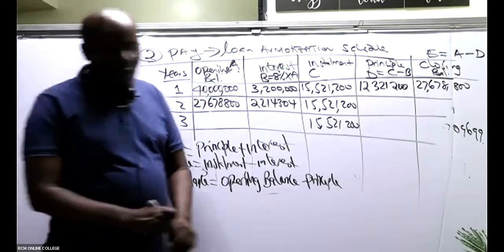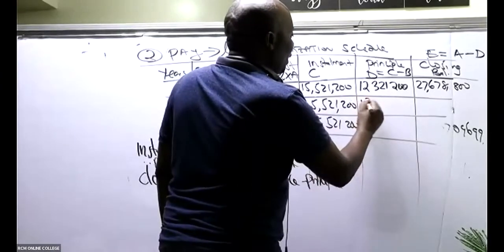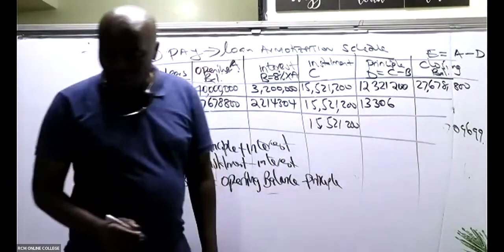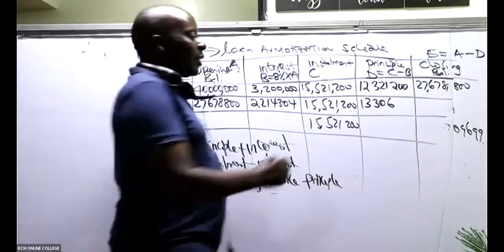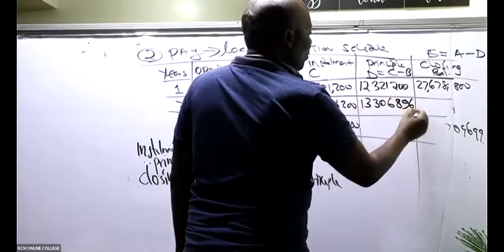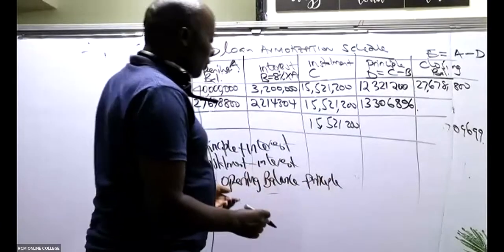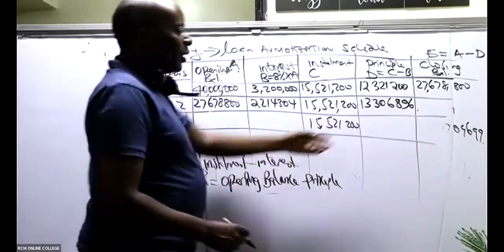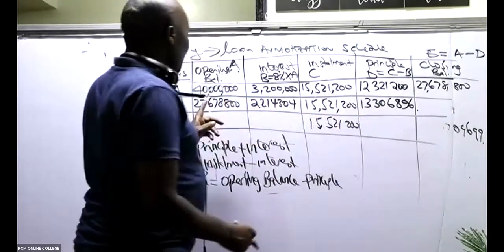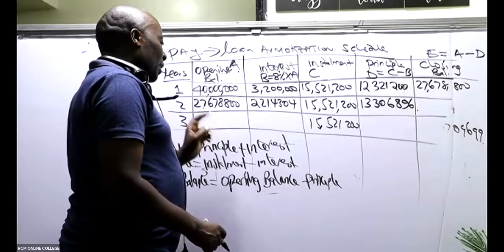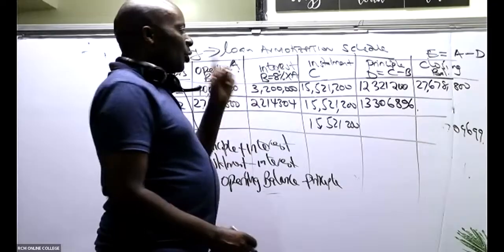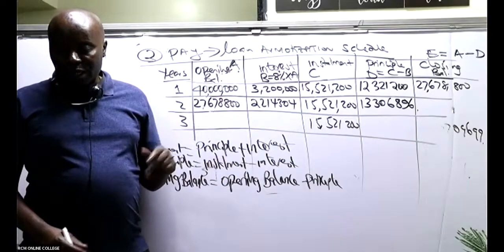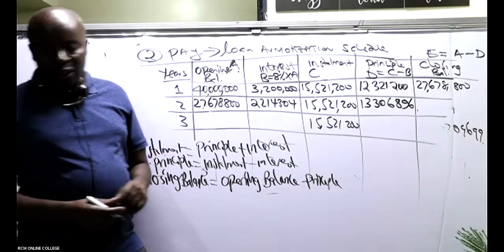So 13,306,896, I'm almost finishing. Thank you so much. And therefore, the closing balance is very easy. For the closing balance, you take the opening balance minus the principal. So the figure that you have there in your calculator, you simply say the opening balance minus that answer. You should be able to give us the closing balance for year 2. And we are almost finishing now, which according to Mumbi, is 14,371,